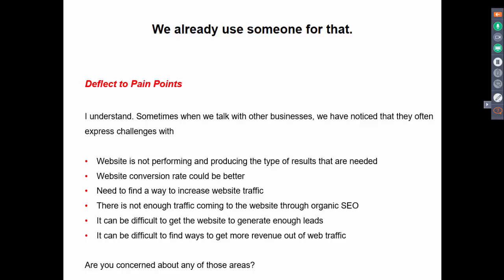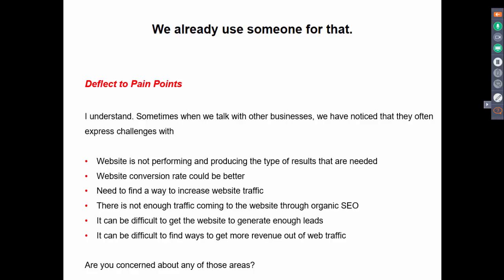Are you concerned about any of those, or is your current provider meeting your needs in all those areas?" And you're pushing back on them, and they might say, "No, we're great." Well, you've done what you needed to do.